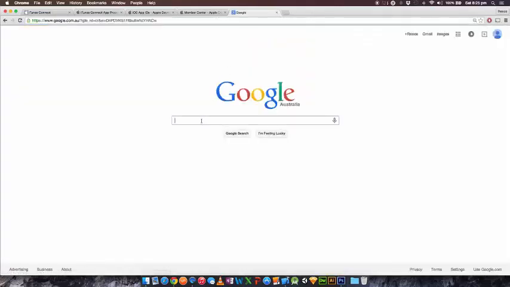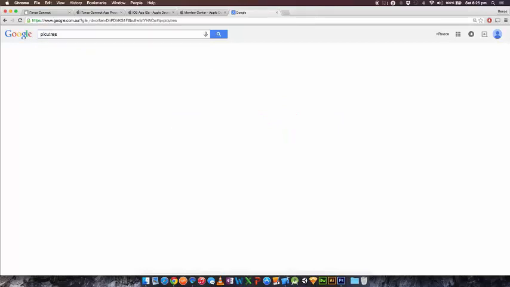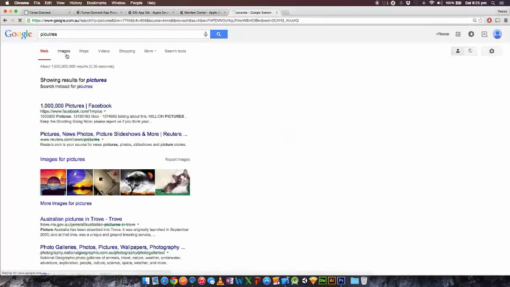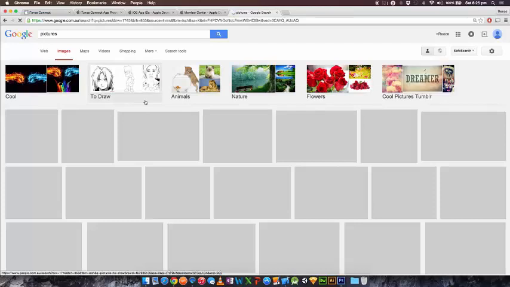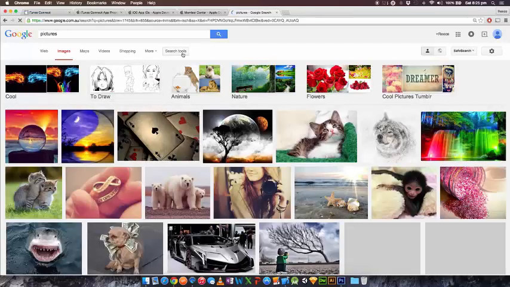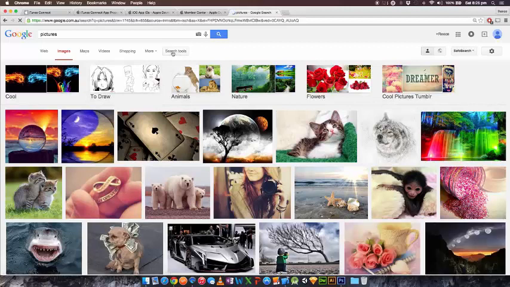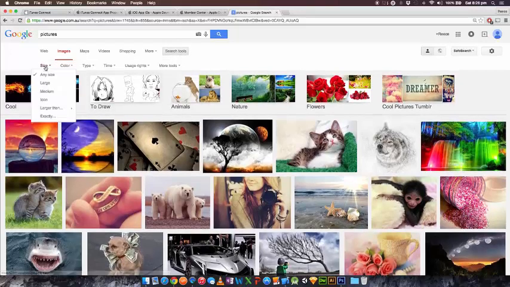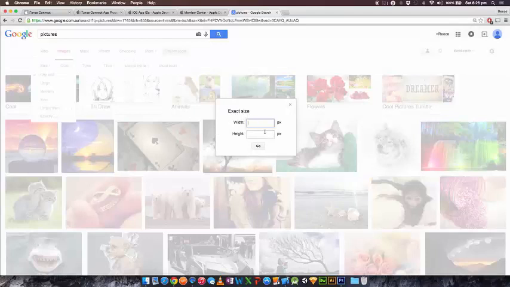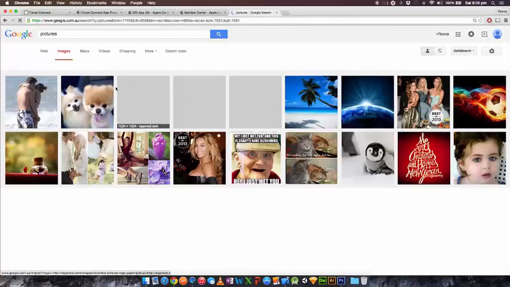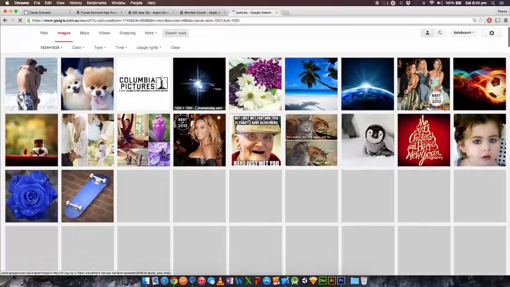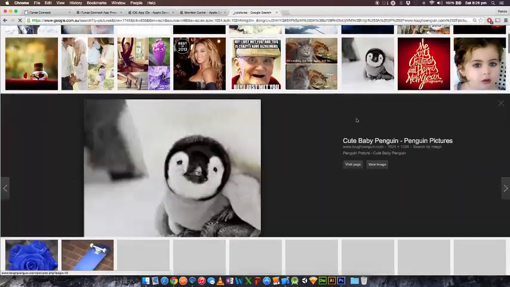and go pictures, and then hit images, and then search tools, and you can customize your search to get the image that you wish. So we'll go size exactly 1024 by 1024 and hit go. Now this will bring up this. You can then choose a picture of your liking